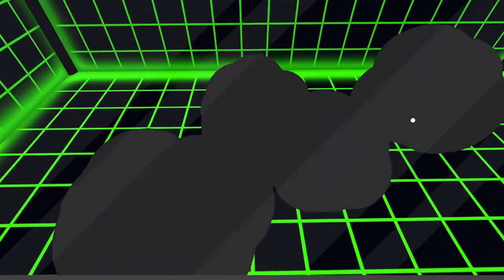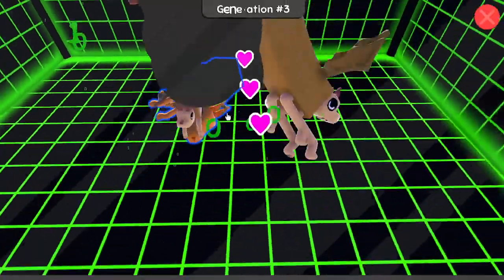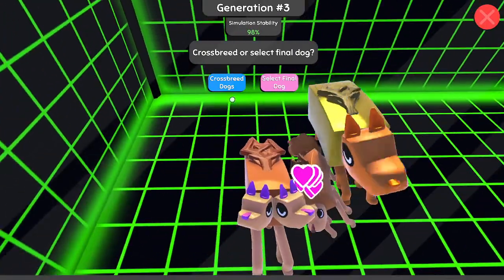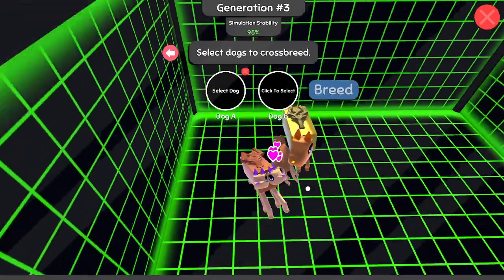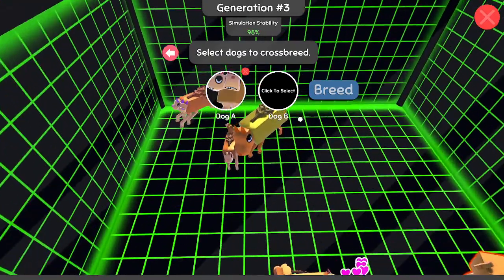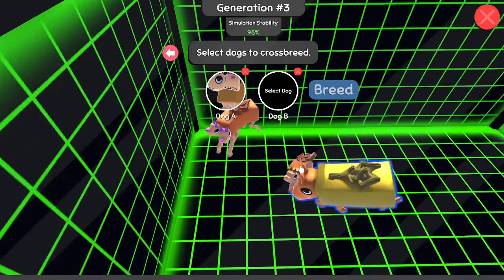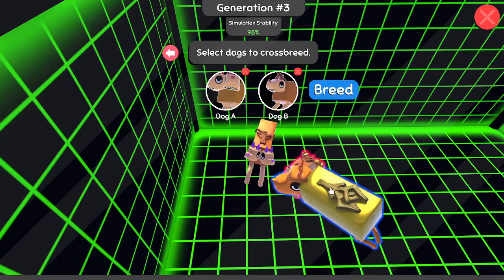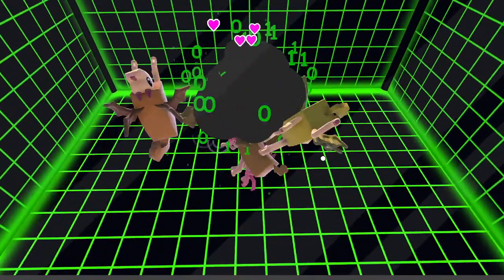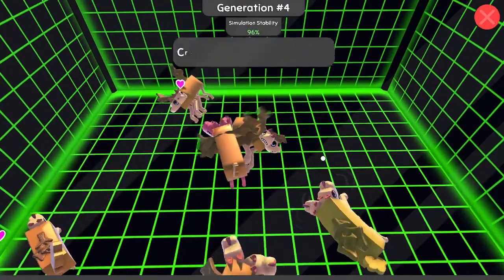Hard. I want to make a little Kelpie dog. Australian Kelpie. Yeah, that one's so big. Did I let them in, one big one?